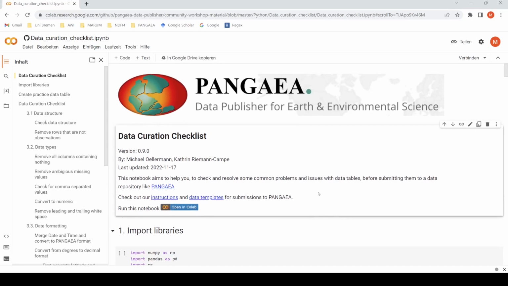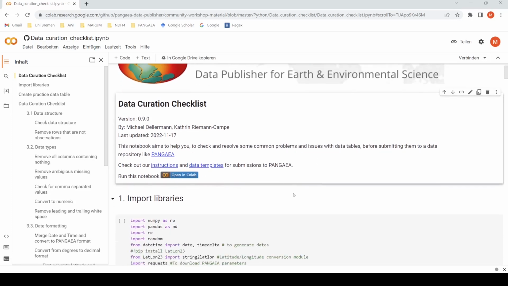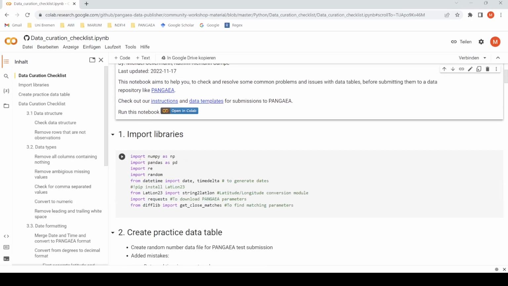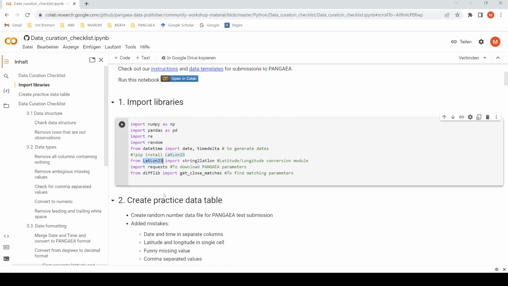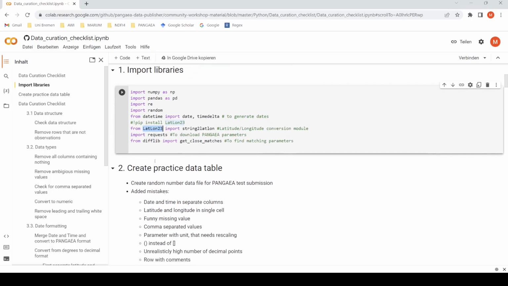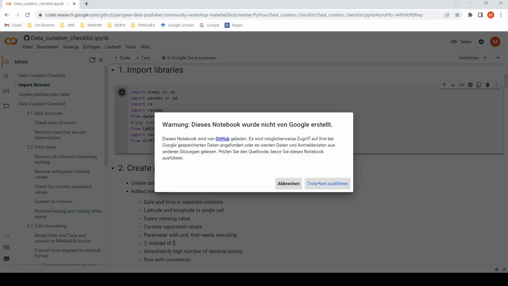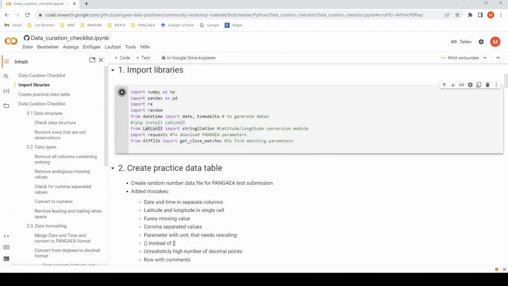So back on our data curation checklist, we can scroll down. First part will be just about importing our libraries. We have some specialist libraries such as the Latlon23 library, which is for converting latitude and longitude. So we press on the play button here on Google Colab. We get a short warning because it wasn't made by Google. Ignore that and